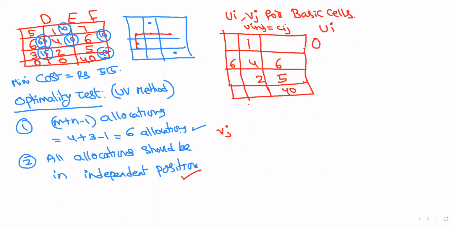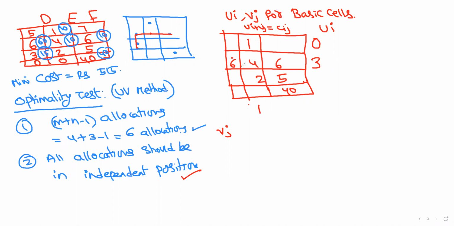This one is 0. For the first row we have 1, and in the first column nothing is there. Adding these two we have to get 1, and already 1 is there, so obviously 0 plus 1 becomes 1. Over. Now 6. Second row is not there, first column is not there, so we can't do anything. I'll go for 4. Here the row is not there. For the column, we have 1. I can write 1 plus 3, 4. Is it correct? 1 plus 3 is 4. Correct.